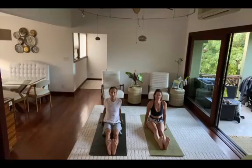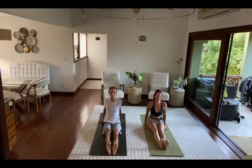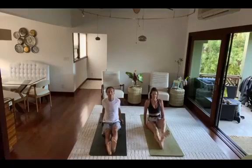So lift those toes up. We're going to do toe cramps. So squeeze the toes for 1 release, 2 release, 3 release, 4 release, 5 release, 6 hold and release. Right leg comes over the